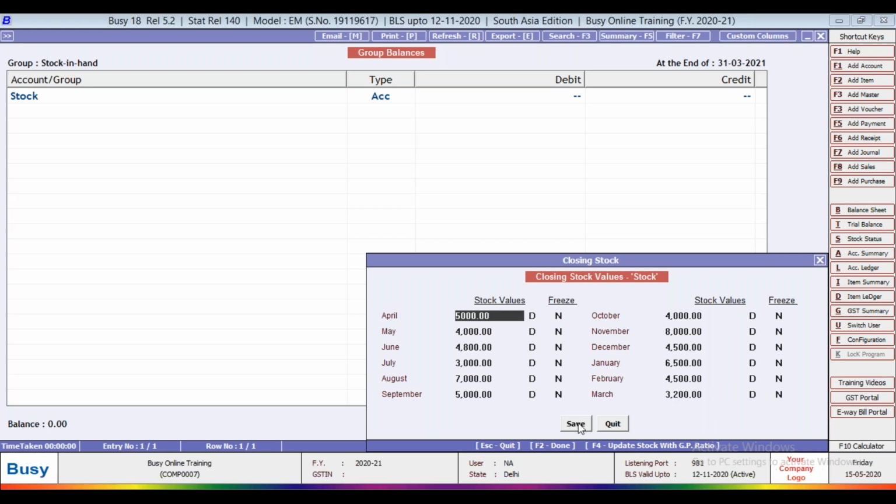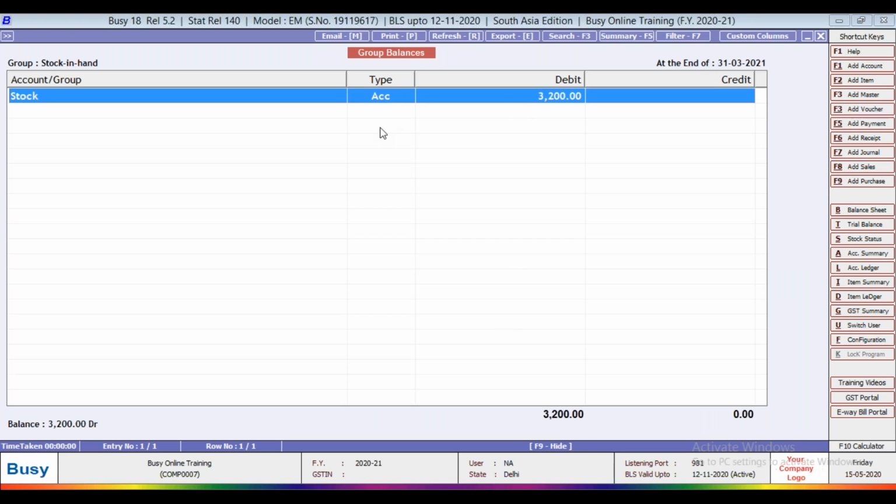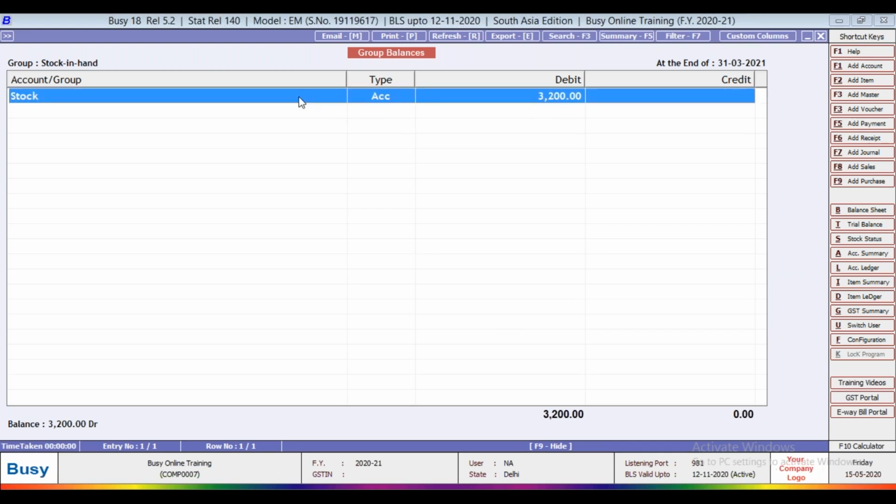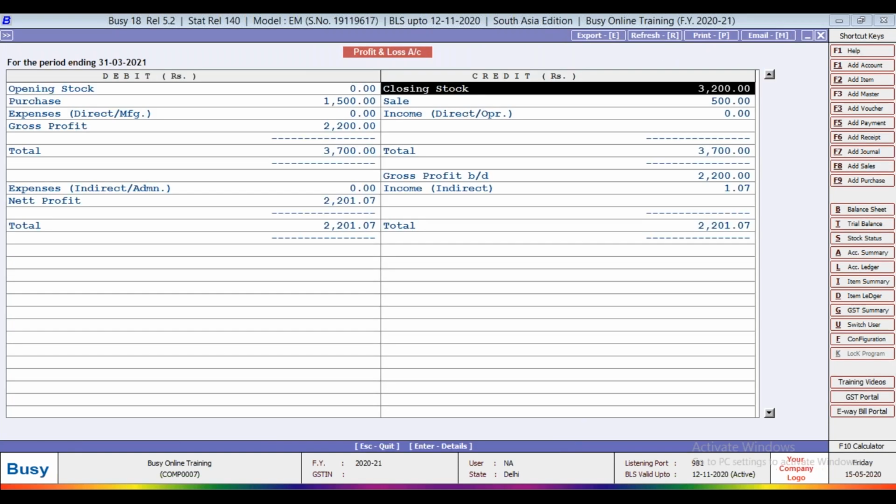Now press save. Now as per the month-wise closing stock, your March closing stock is 3,200, which you have defined in month-wise update closing stock.